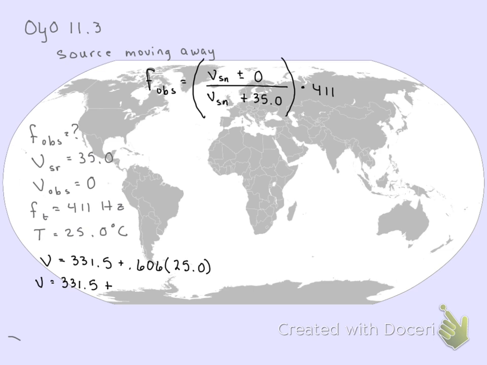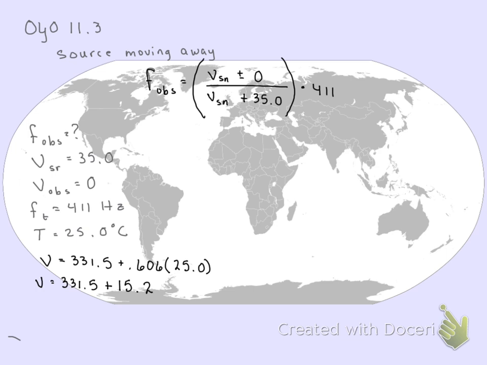So 0.606 times the 25.0 means that we need 3 significant digits. Assuming that you're doing this on your calculator along with me, you should see that that product is 15.15. Well, we need 3 significant digits out of that, which has us using 15.2 for our particular